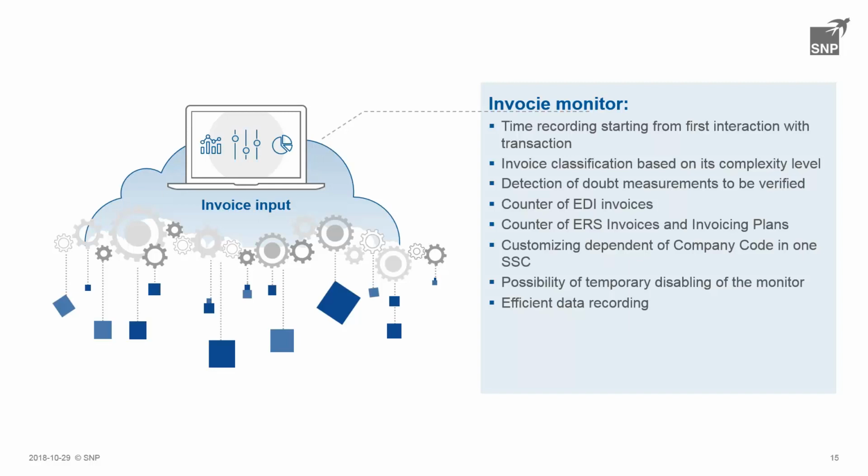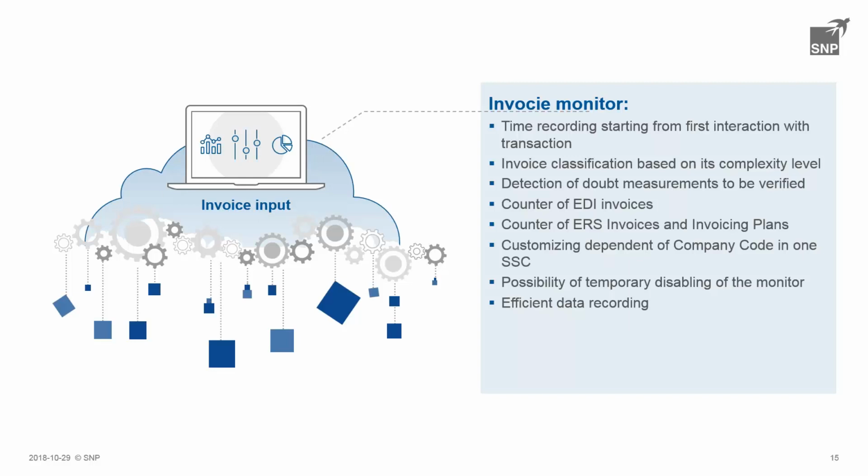As I mentioned before, invoices are classified based on their complexity level and types. Invoices with default or other currencies are detected. Credit memos or invoices with different tax codes specified in the various item lines. Invoice controller distinguishes invoices created via EDI or invoicing plans or the ones put in the system manually or automatically